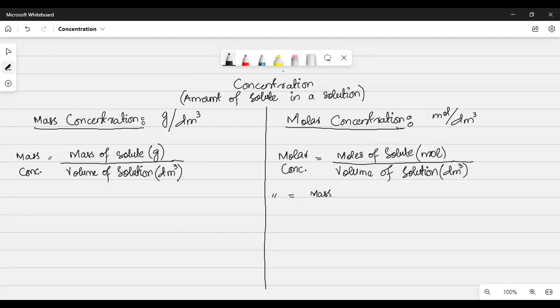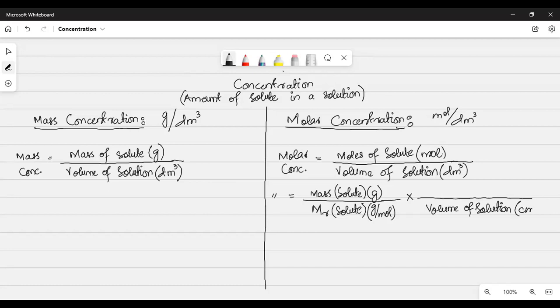mass of solute, and that is in grams, over MR of solute, that is in gram per mole, multiplied by volume of solution. And this time I'm going to change the solution volume units into cubic centimeter because this is